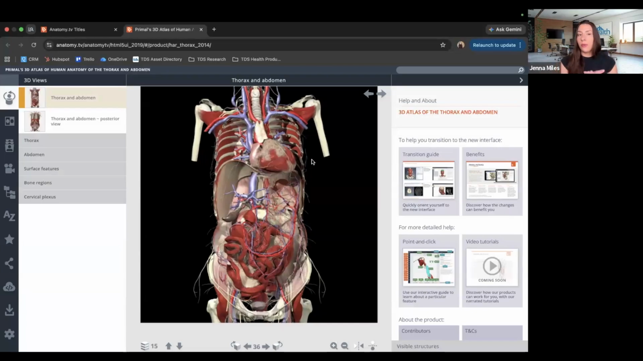You'll see that I have the 3D atlas. I have the thorax and abdomen open in front of me here. And it looks similar to the anatomy and physiology module, but you'll notice that there's some key differences. We no longer have that interactive textbook component. We're really more focused on the content and then the actual clinical text that relates to the material that we're